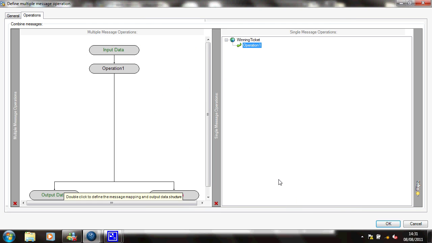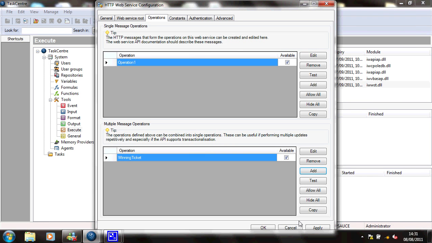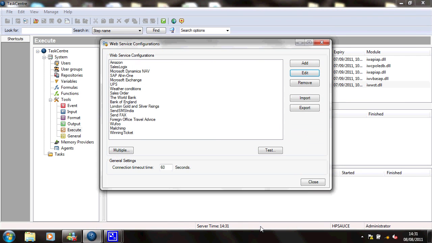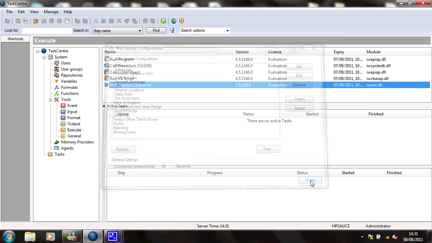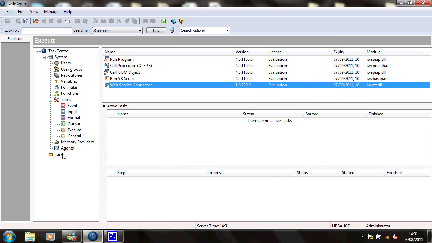And now I've created a complete set of mappings. I could do exactly the same with error data, but I'll just skip over that because it's just the same. Say OK to that, say OK to that, close the global configuration, go back into a task now,